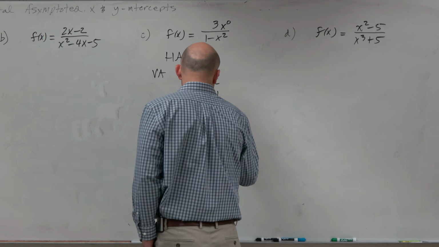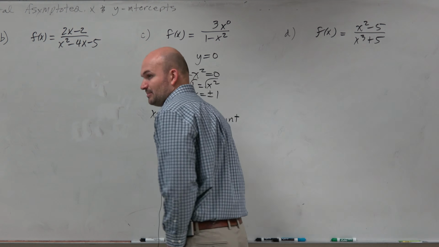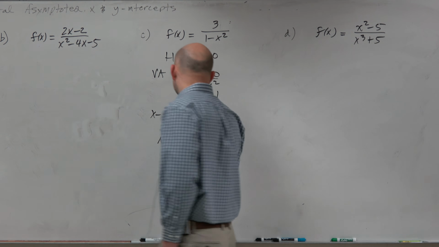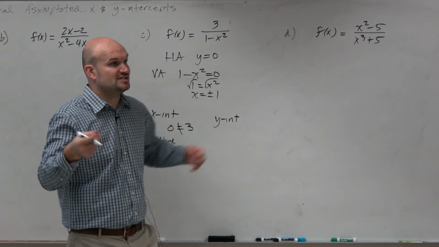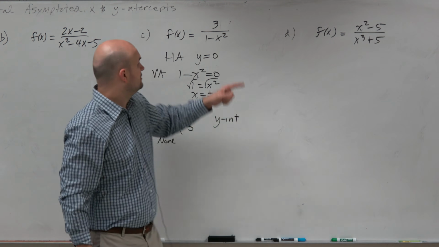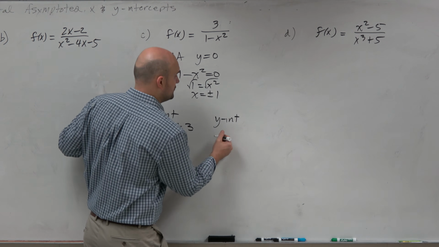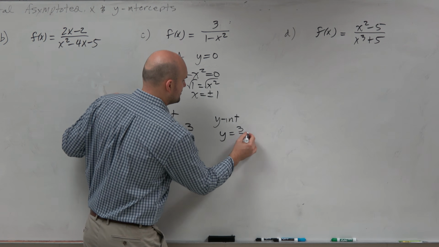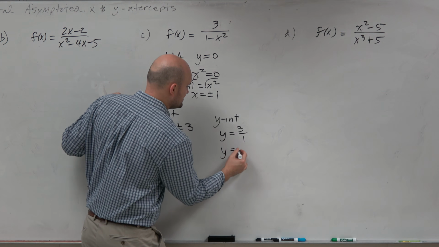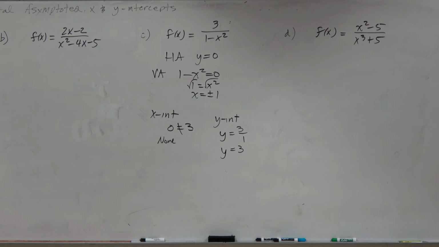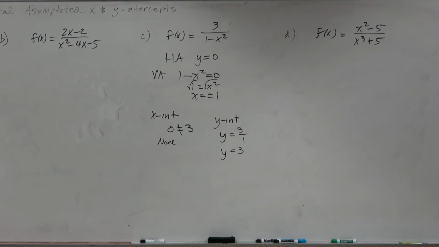For the y-intercept, it's probably best not to include that x to the 0 so you don't get confused. For the y-intercept, remember what I said the trick was, just take the constant over the constant. My constant here is 3. My constant here is 1, positive 1. So y equals 3 over 1, or y is equal to 3. Okay? Now, before we just say, oh, looks like everything's good,